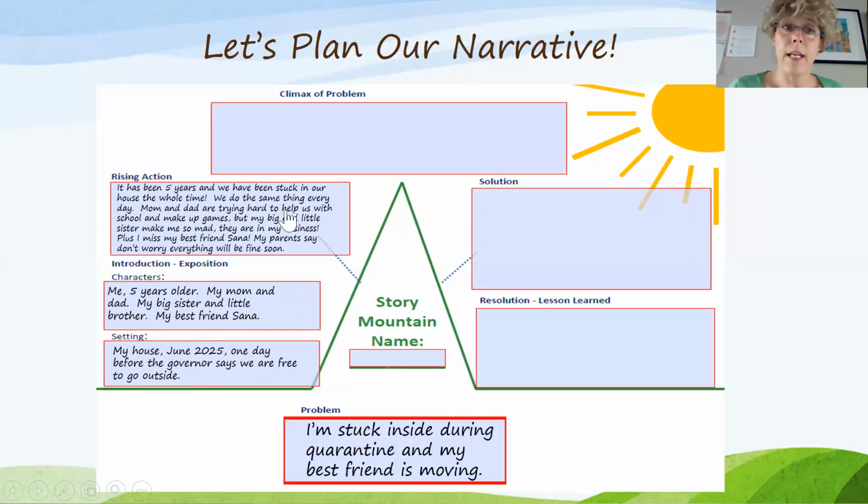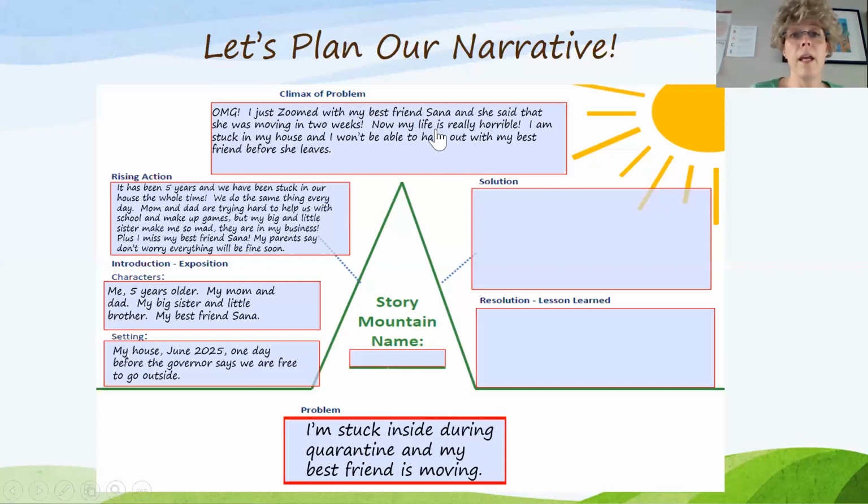And then our rising action is that it's been 5 years and we've been stuck in our house, and mom and dad are trying to be really good, but it's boring. They're trying to help us with school and think of fun games, but I always end up fighting with my brother and my sister, and I really miss my friend Sana. But my parents keep saying, don't worry, everything will be fine soon. And then the big problem,